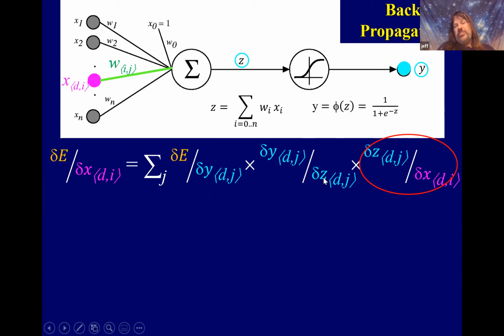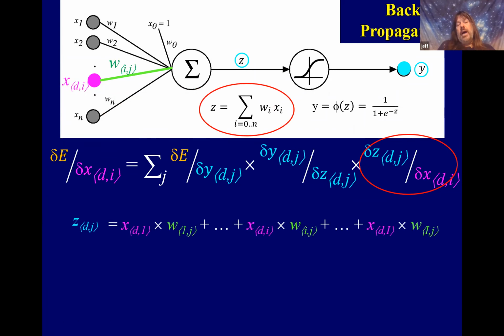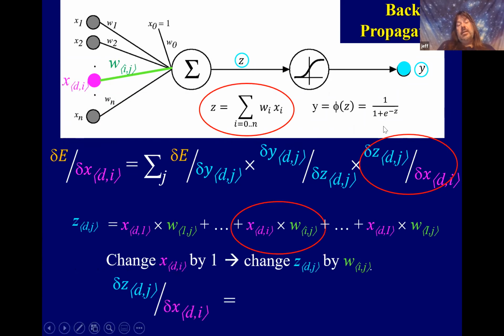If I change Z, how does it change Y? And then when I change Y, how does it change the error? So I computed these values in the past. Now I need to compute this value and this value. So we compute them, right? This says, if I change this X value by 1, that 1 gets multiplied by this W, and the Z goes up by W,